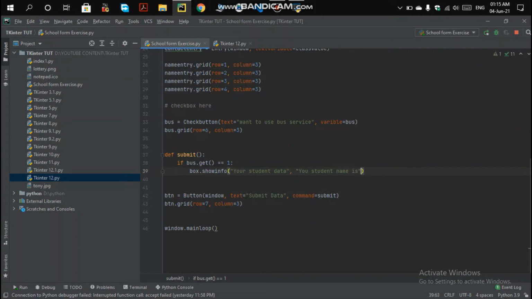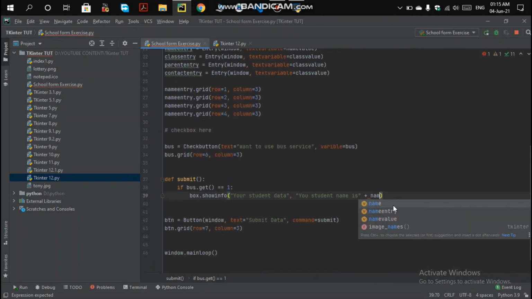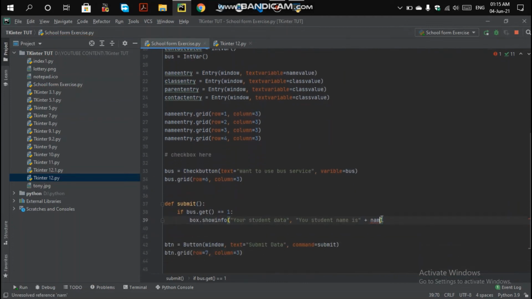So we will be writing it here using the string concatenation method to get the values. The variable was name entry, so name value, basically. So it's name value.get here. We will get the string that you had written.